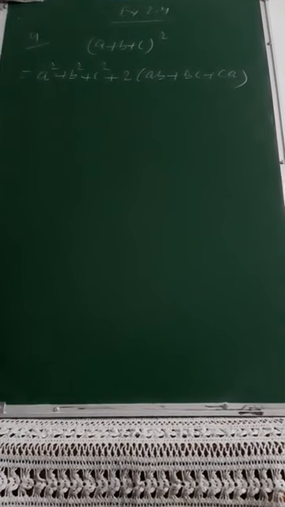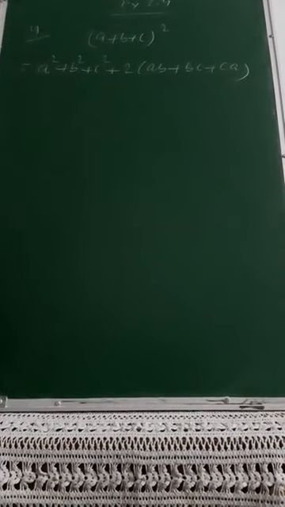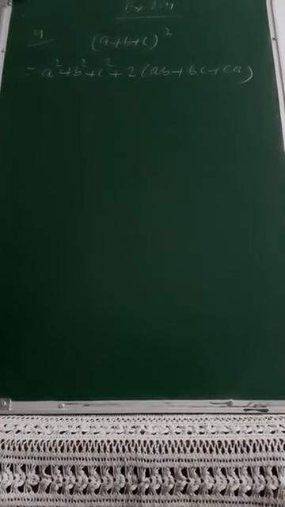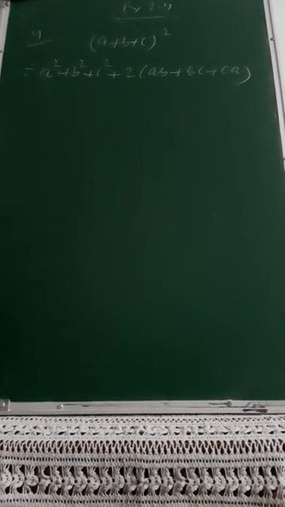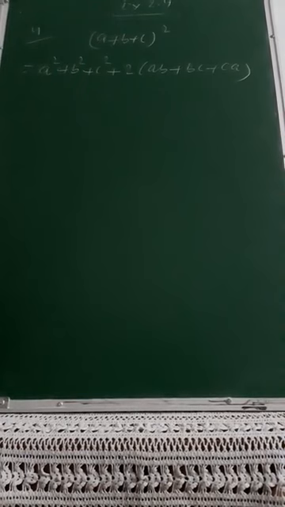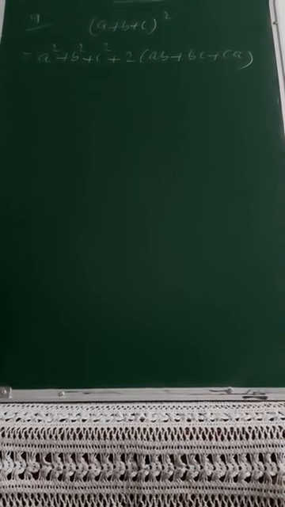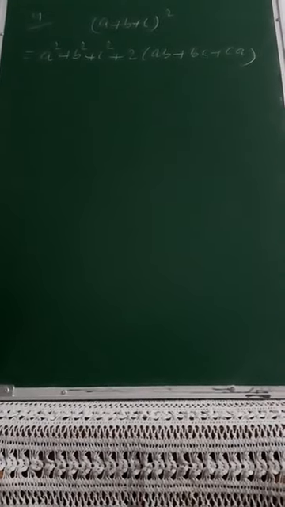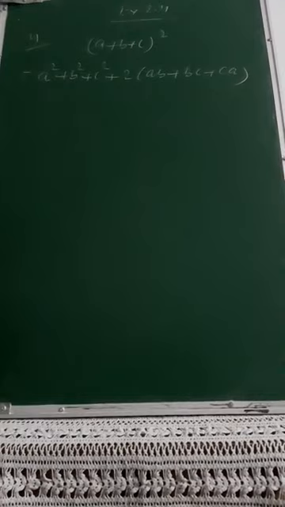So the application part is there in question number 4, and the same question in number 5 is factorization based upon this identity. As I have already told you, the standard form we will be taking is with plus only. Only and only the plus sign we are using. Even if it is minus, I will use the bracket for the particular value of a, b and c wherever the minus sign is used. So no need to go for any identity like a minus b plus c or a minus b minus c or b minus a plus c. That will create confusion. So always remember this with the plus sign.